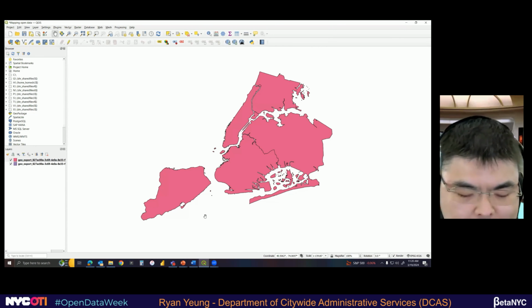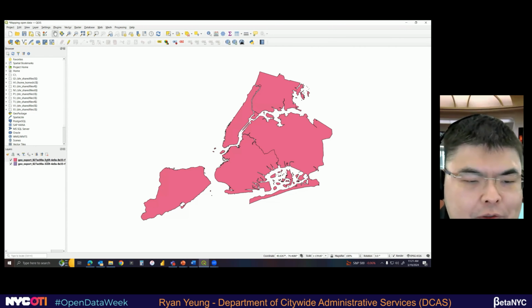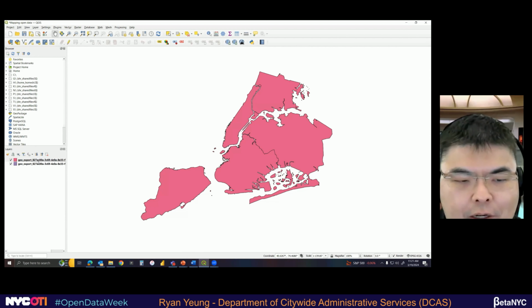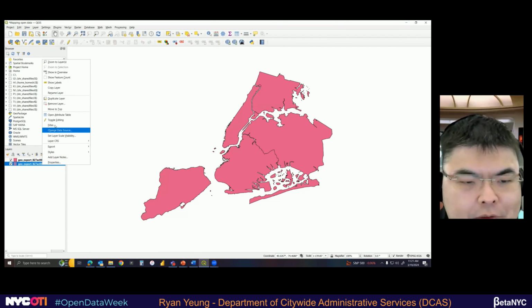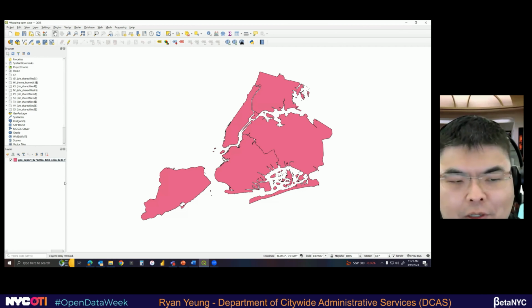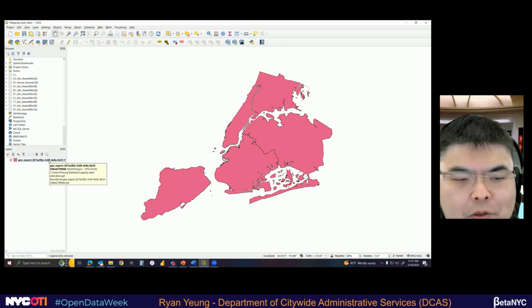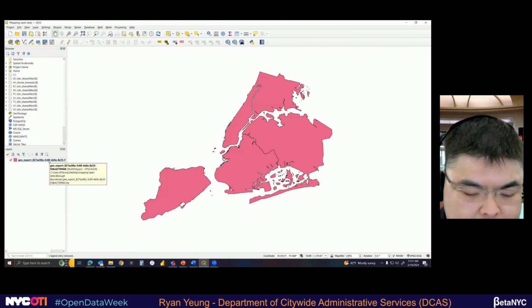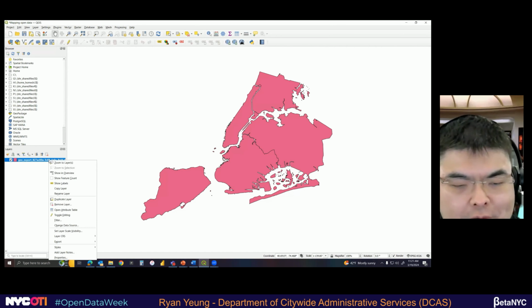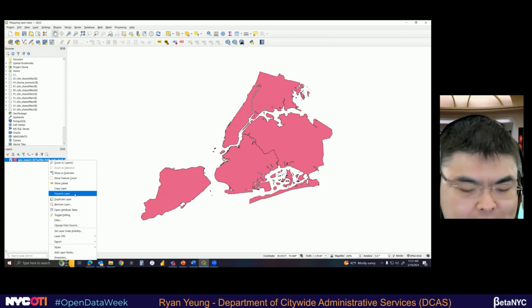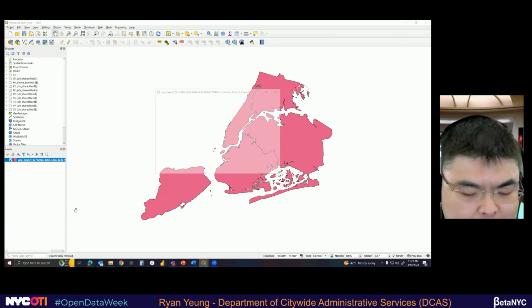Don't worry. Before we do that, though, you'll notice that in the pink here, I'm going to delete this because I added it twice. In the layers panel here, we have the actual name of the layer. It's called GeoExport 820 something. Right click on it. It'll give you additional options relating to the layer. So let's right click on the layer and now go to open attribute table.